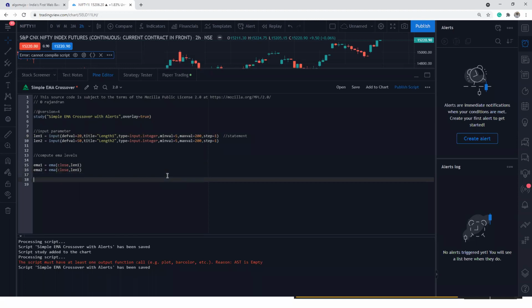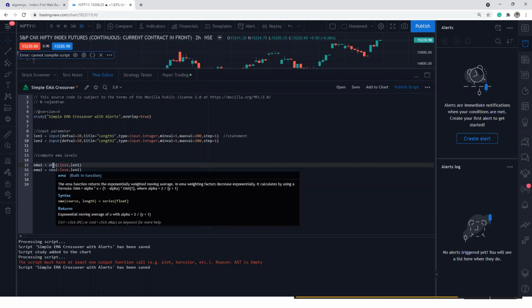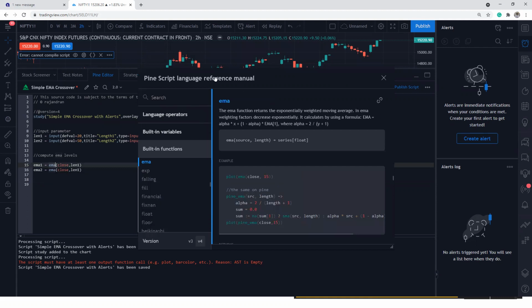They support a lot of inbuilt variables. If you want ATR, you can just simply type ATR. You'll be able to get ATR. If you want any classical indicator, let's say you want something like the Aroon indicator, they don't have Aroon. But in case you don't know what functions are supported, you can click on that particular function, use control click, press your control button and click on that. Automatically the PineScript reference manual opens up. You can see all the inbuilt functions over here. So anything that you want to search, let's check whether the Aroon oscillator is there or not.